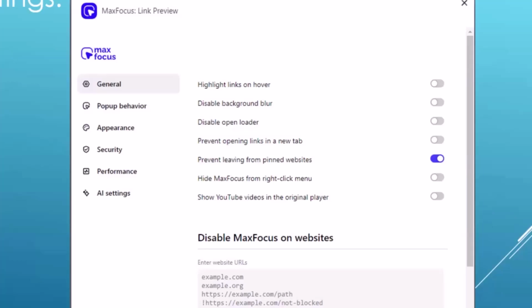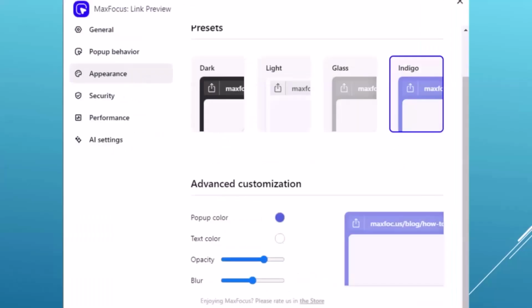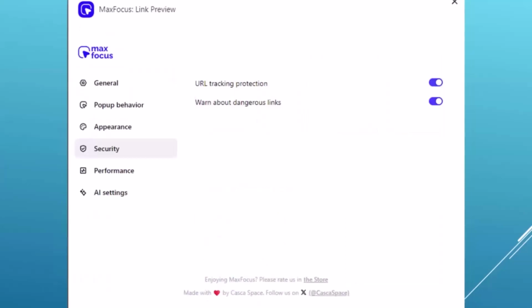Here are some of the settings. First, you have some general settings, things that you can turn on and off. And then you'll have some pop-up behaviors, what you want it to do, how long you want it to take, and so on. Then there's an appearance. You can change the colors of the pop-ups. You can have URL tracking protection and warn about any dangerous links.